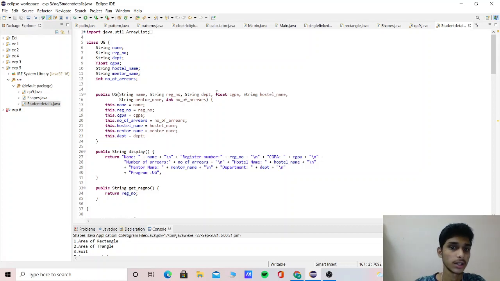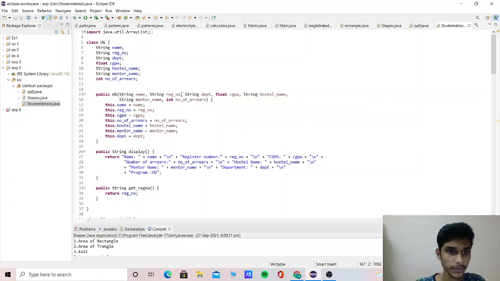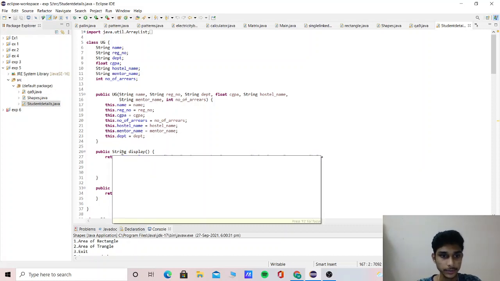I'm giving float for CGPA because it can also hold decimal numbers. Then string hostel name, string mentor, int number of arrears. Here I'm using int because float gives a decimal number like 13.5 or 9.5, and number of arrears can't be 3.5. Then this.name = name, this.registerNumber = registerNumber, and so on.